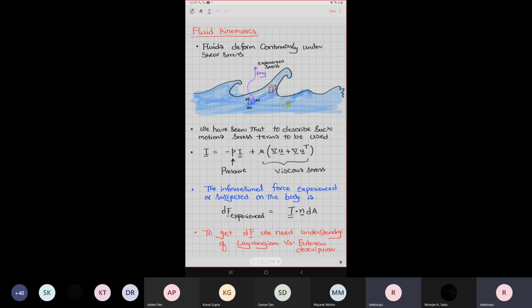So in the last class, we tried to really look at these mathematical techniques about tensors, indicial notations, and so on. What is the difference between Gibbs notation and indicial notation? How to simplify things? Those are the things we have discussed. Once we have a reasonable grip on that mathematical notation, then it becomes easy for us to write